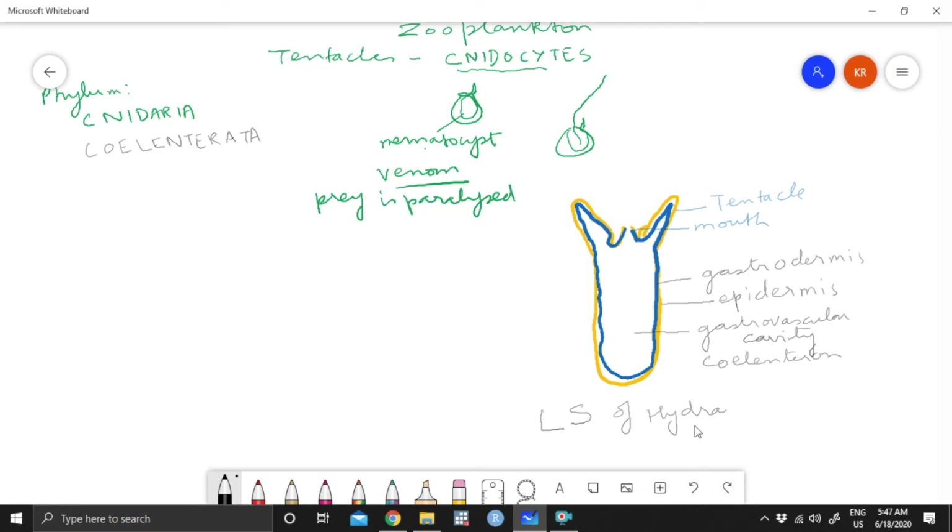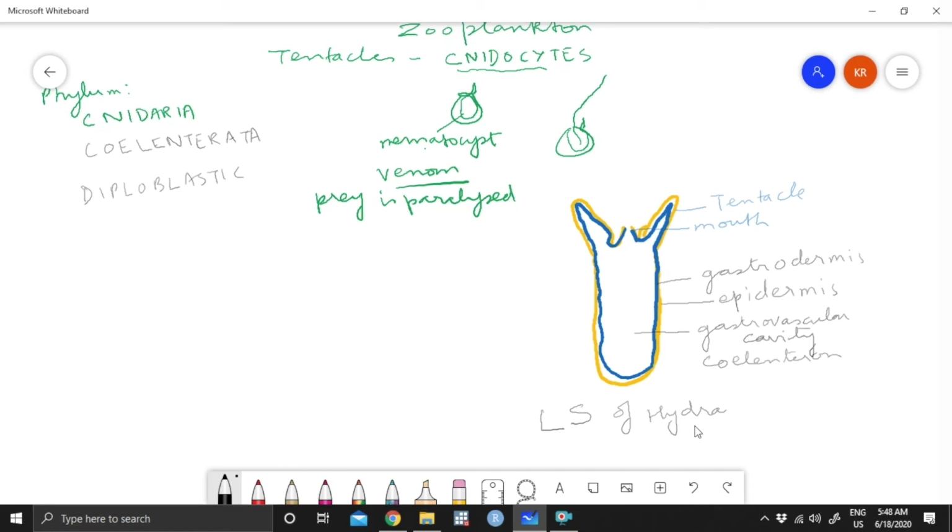Now, because there are two layers over here, and when the animal is developing, two germ layers are there. Although it is not relevant, I would just like to introduce the word over here, which we call diploblastic, because there are essentially two germ layers, and from these two germ layers we are developing epidermis and endodermis. The two germ layers are endoderm and ectoderm, and that is why these two.